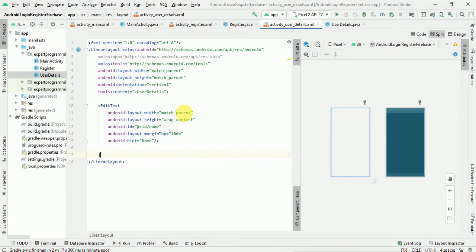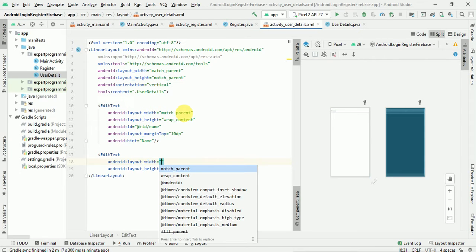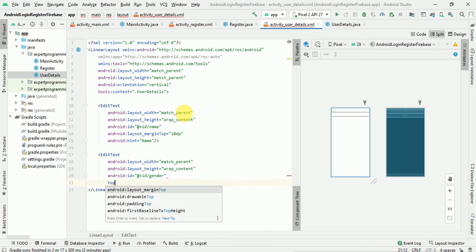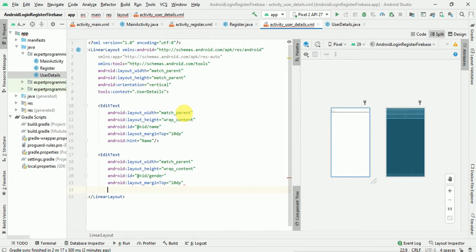Now let's create the second EditText, which will be match parent and wrap content, then the ID gender, then a top margin of 10 dp, and then we'll give the hint as gender. Let's close this, and now a button.